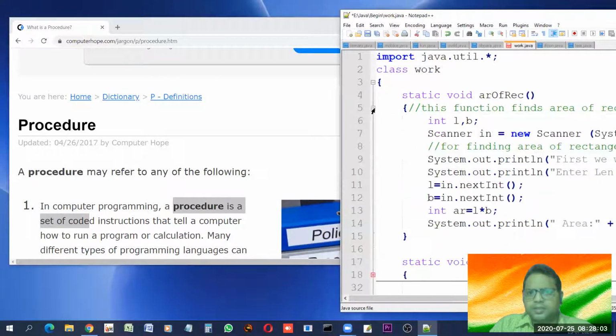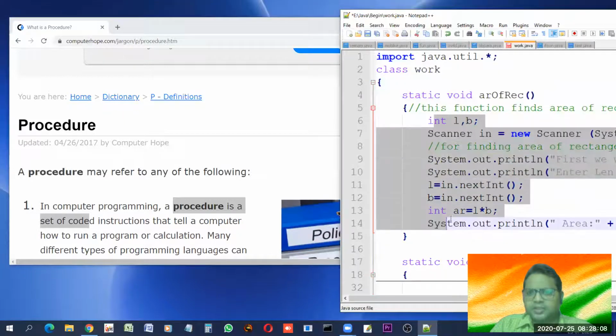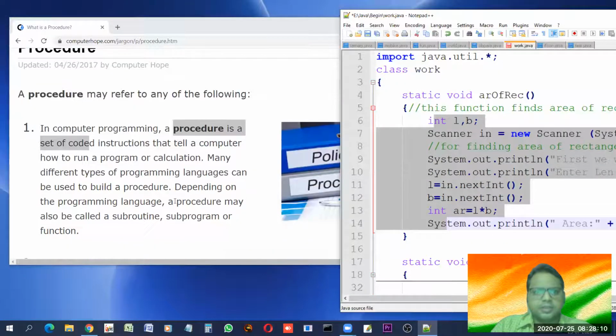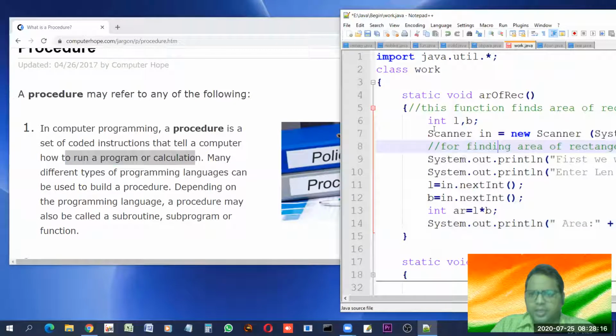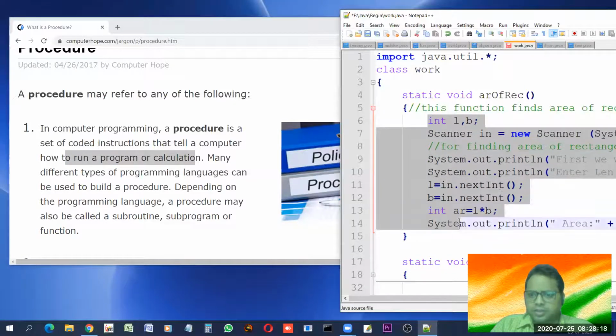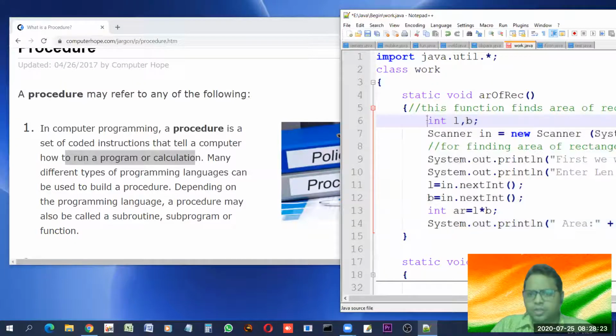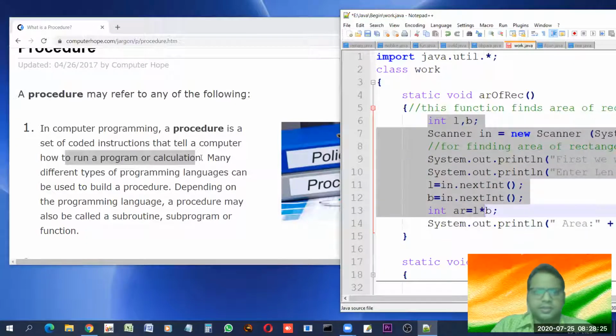Look, this is a procedure, and it is a set of coded instructions which tells a computer how to run a program or how to do a calculation. So it is instructed to the computer what to do when this function is invoked. The computer has to do these things.